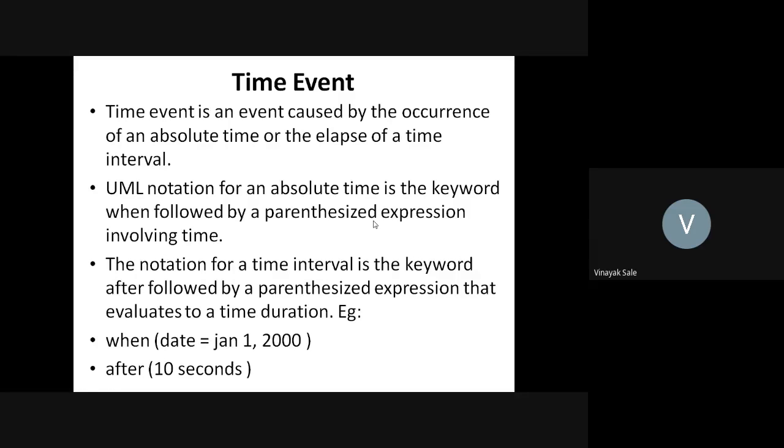The notation for a time interval is the keyword after followed by a parenthesized expression that involves time duration. Example: when date is equal to 1st January 2000. Then after 10 seconds,